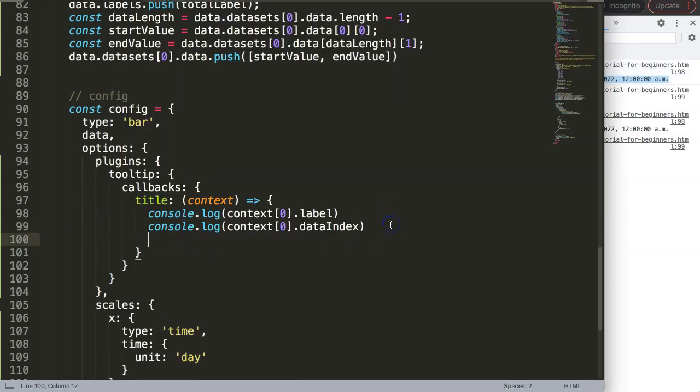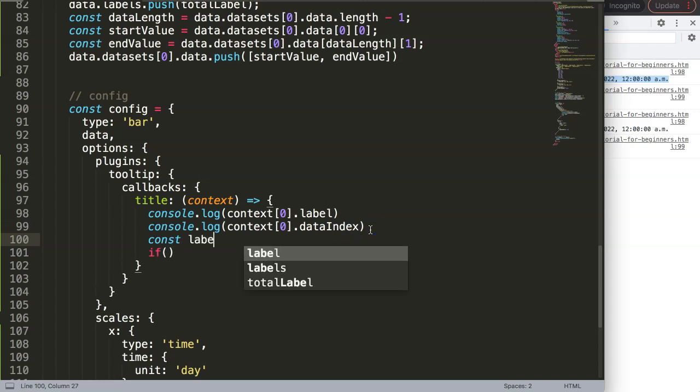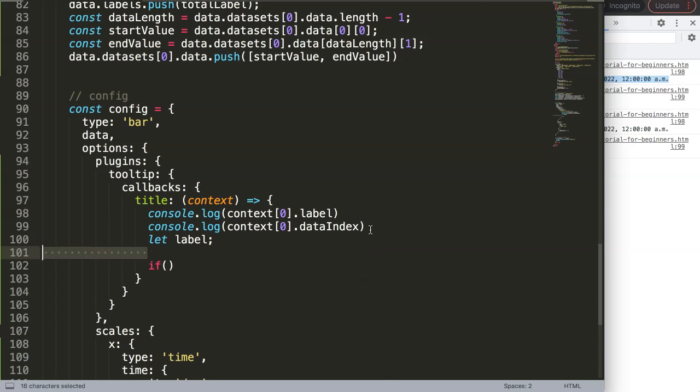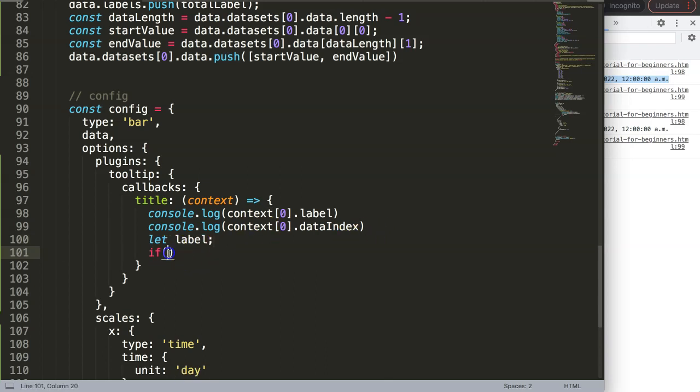So what I want to do now is a very simple if statement. And this if statement will have the following. And before I even do that, what I will say here, let's say a constant, or not even constant, a let value for the label. Because what I'm going to do is if our context label, or sorry, context data index equals strict, then we have here basically the length. If I'm not mistaken, it was very similar to this. Length of that, -1. If this is true,